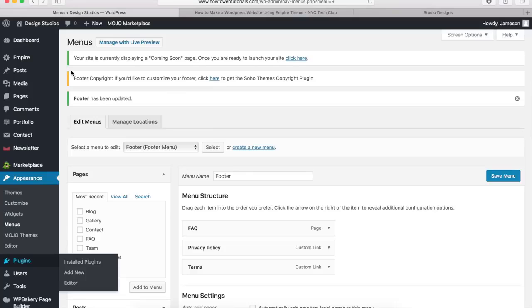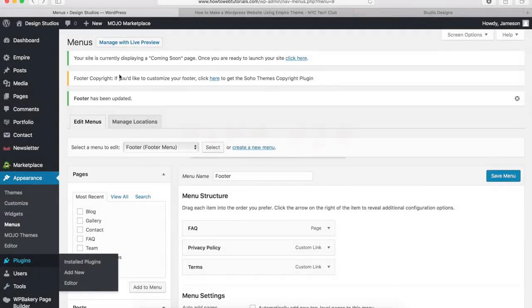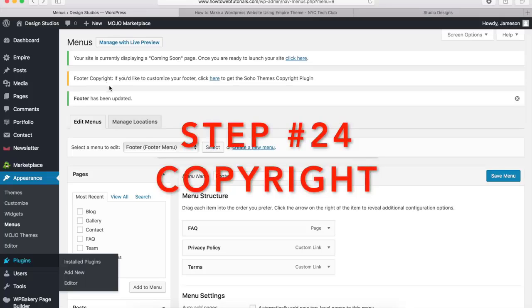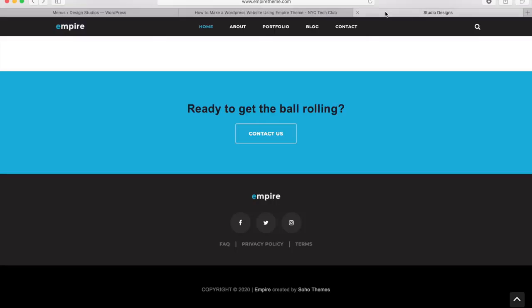And once your footer is saved, you can go and check out your WordPress website if you want to, but what we're going to do is just move on to the next step. And now what I want to do is talk to you about how you can customize your footer copyright. So you can see on the demo WordPress website down here we have this copyright and it says Empire created by Soho Themes. And this looks pretty professional, but if you want to customize this and type in something else,